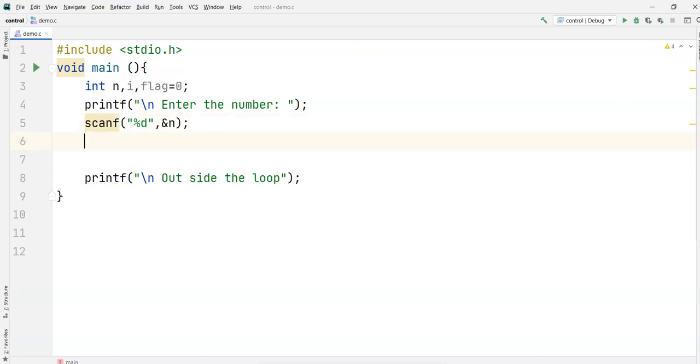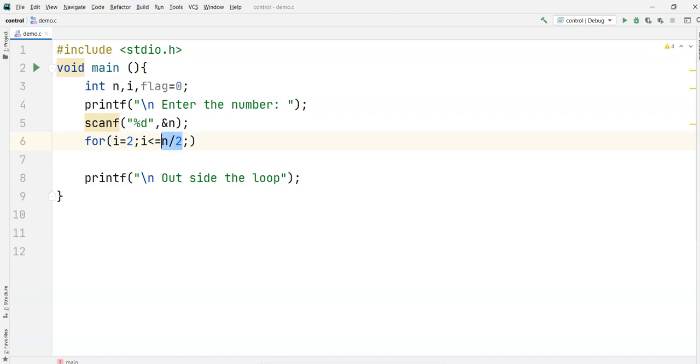So for a given number, I don't want to check divisibility by 1, because 1 always divides the number. We can divide with 1 and the remainder is 0. So for the loop, I'm going to take i equal to 2, i less than or equal to n divided by 2.